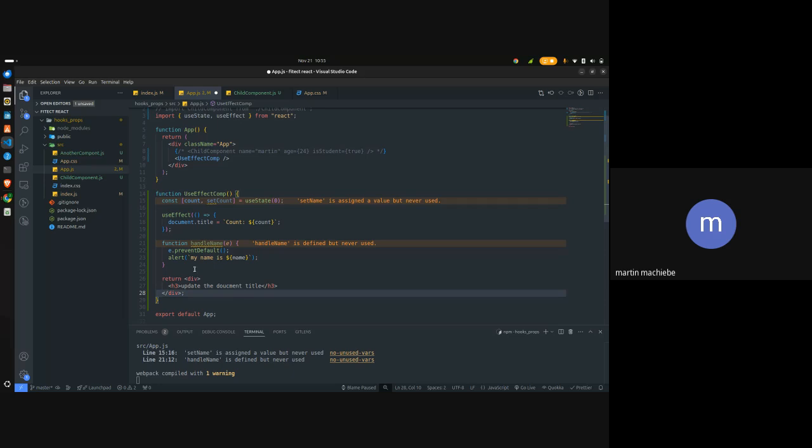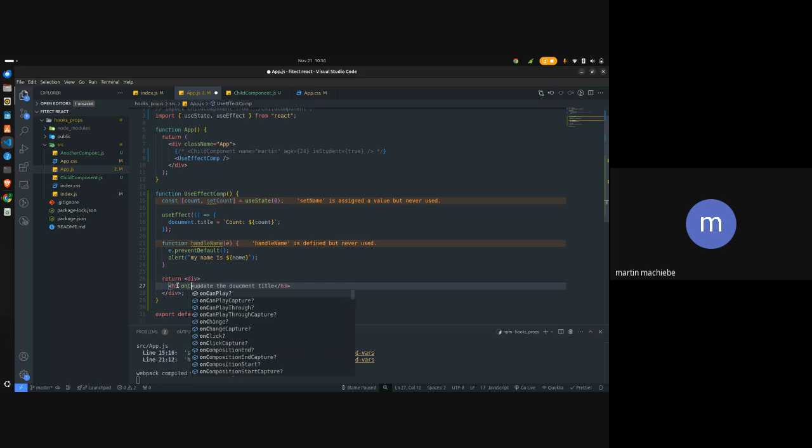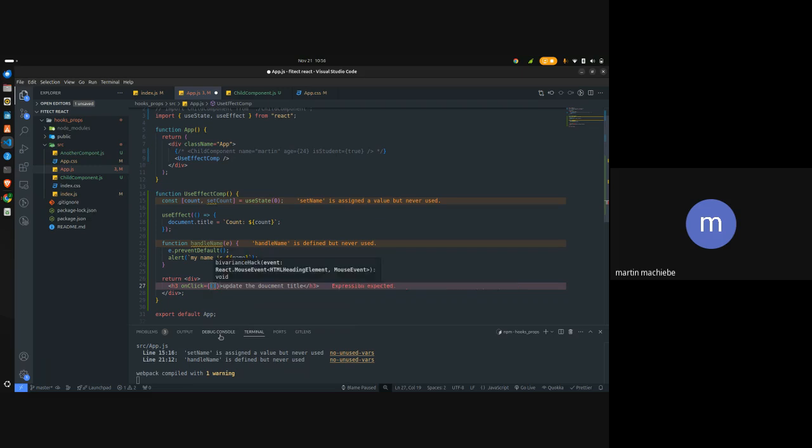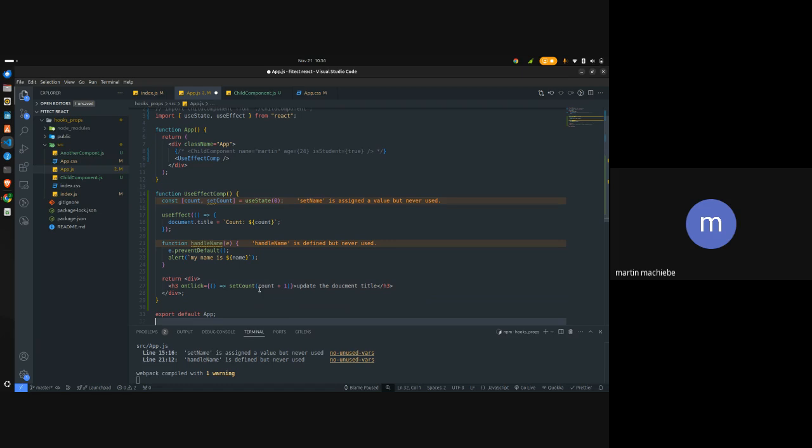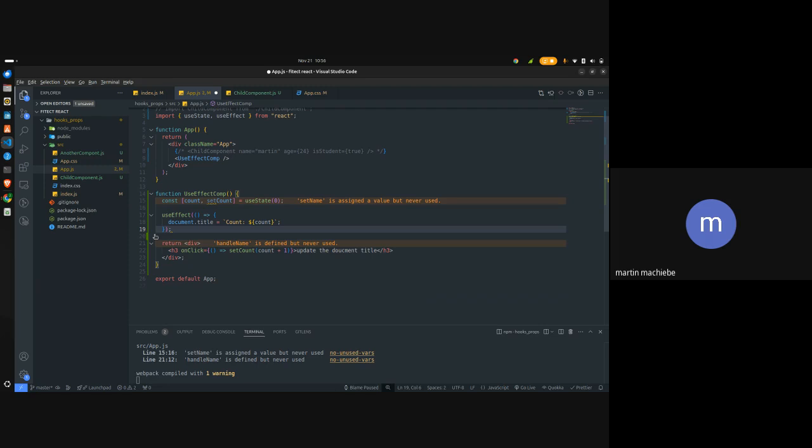So you can see now. Now we want to add an onClick event handler to this. So we're going to have an onClick that says setCount. And remember, we're setting it to count plus 1. So we don't need all this right now. I think we are done with this. So if we go back to our